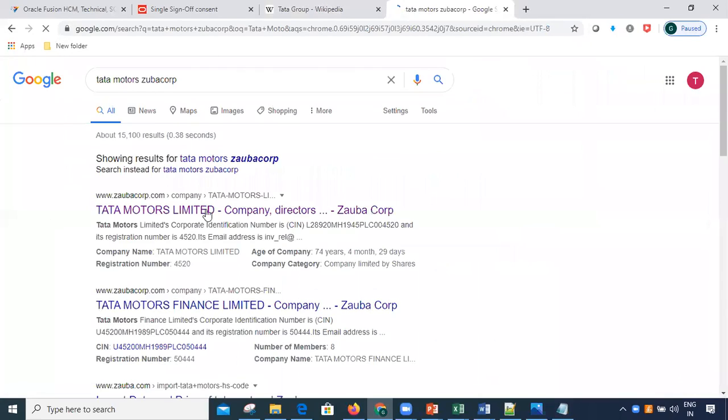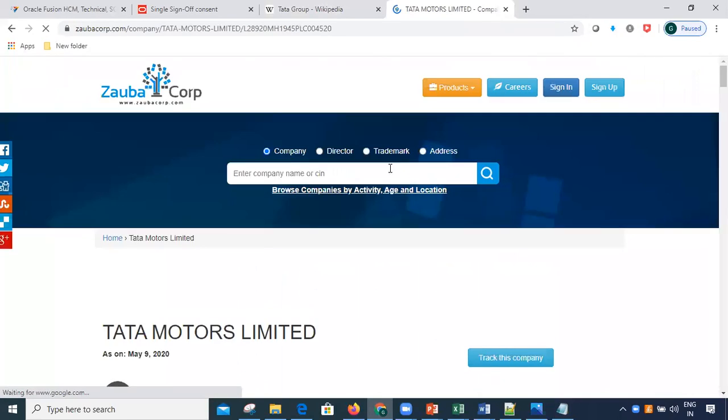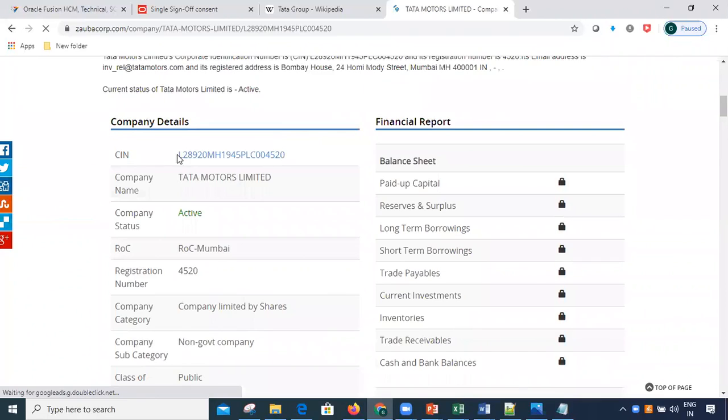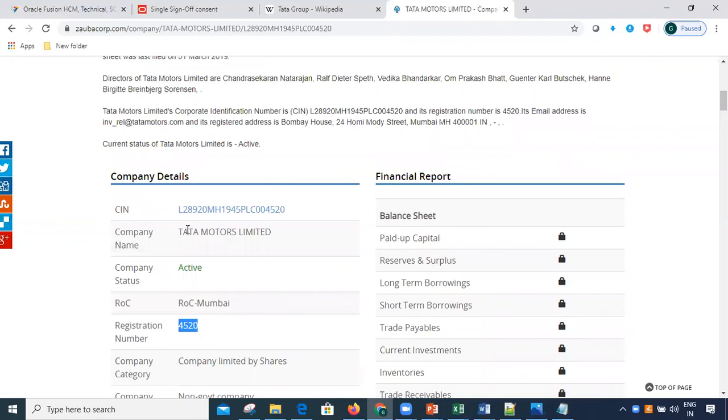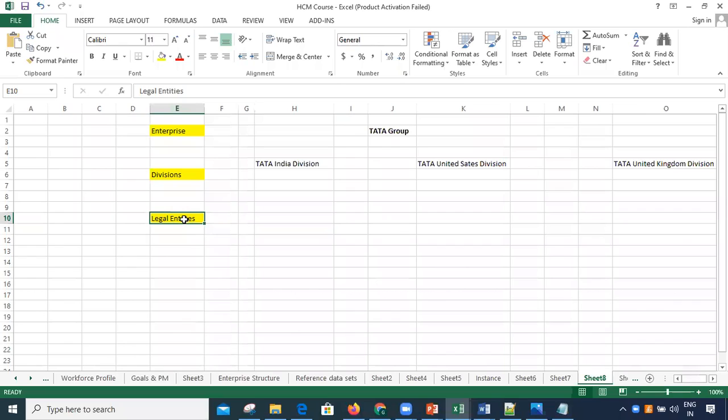When any company is registered in the country, every company will have a CIN number, the company identity number, and then a company registration number, correct? So for every company, there will be certain legal information associated with it. That we call legal entities in the Fusion system: the business objects which hold certain legal information, nothing but the client's actual companies.